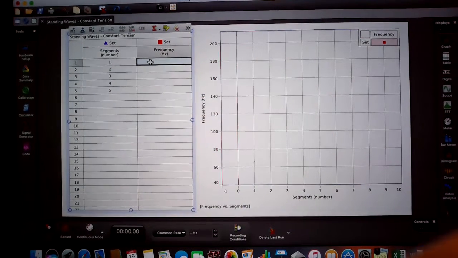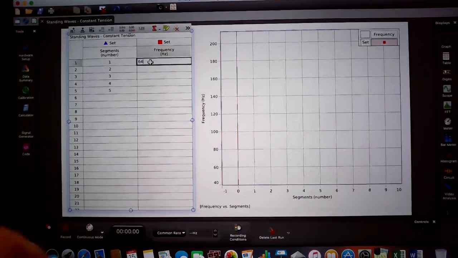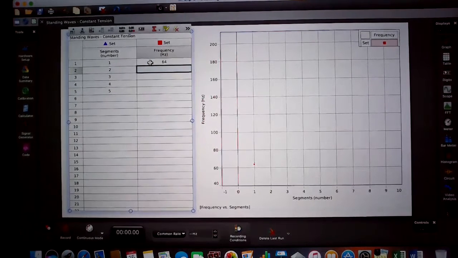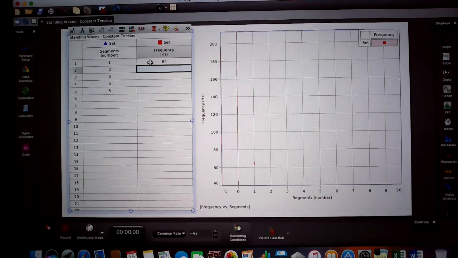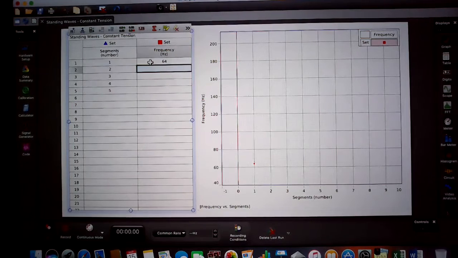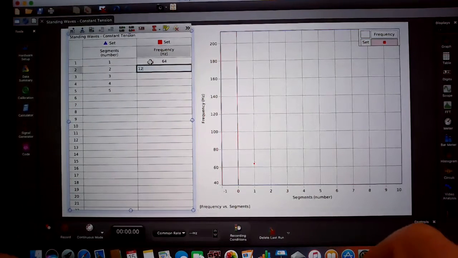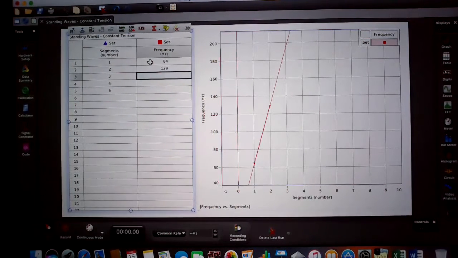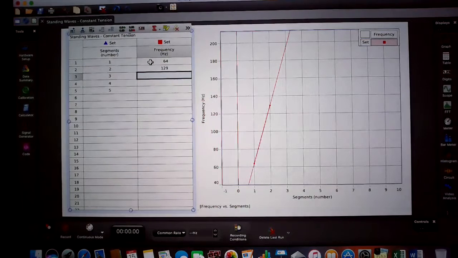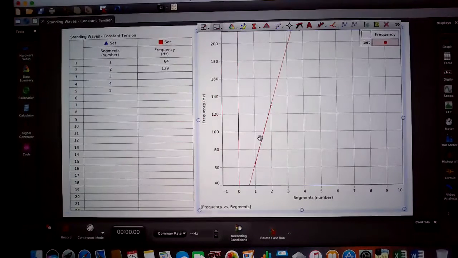So for our first frequency, we got 64 hertz. That was for the fundamental mode, and that was probably the strongest response, big amplitude there. The next one, the n equals 2, also had a pretty good amplitude. And now you can see that down here,